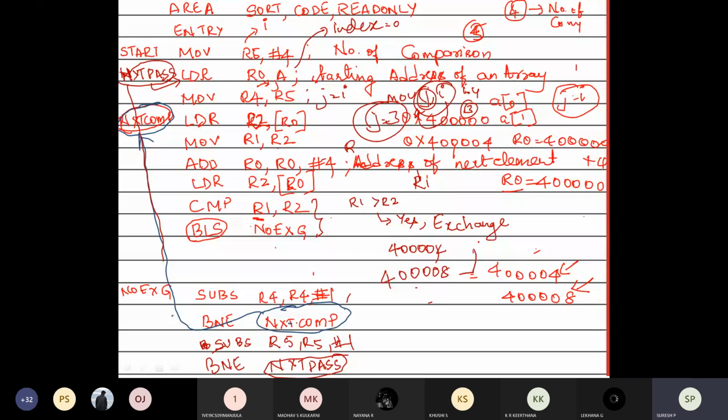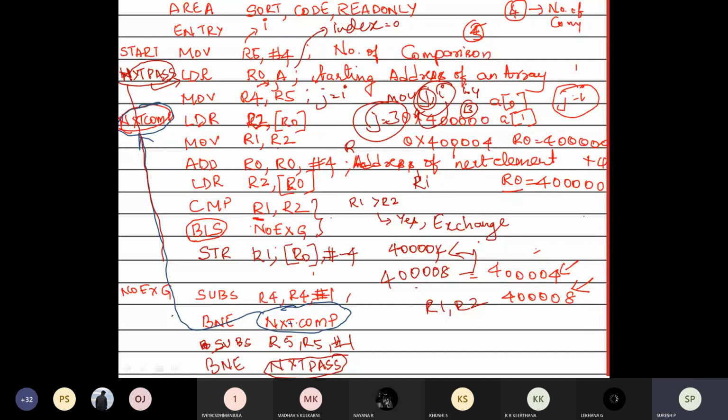So the values will be stored in R1 and R2. Now what will happen here? I'm going to make use of STR pre-indexing. I'm going to move the contents of R1 to R0, which will be decremented by 4. Assume that R0 is now pointing to 4008.